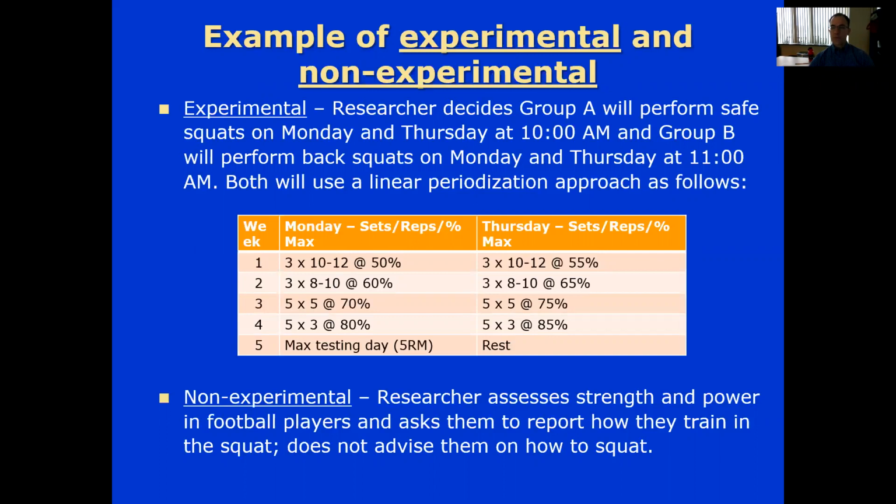So what's happened in experimental, you have two distinct groups that have been randomized. Group A does the safe squats and Group B will do the back squats. The idea is that now you have two distinct groups that the researcher has randomly assigned, and you're trying to then determine the effects of these different squats on the outcomes of strength and hypertrophy or muscle growth. We'll contrast this to a non-experimental approach where a researcher assesses strength and power in football players and asks